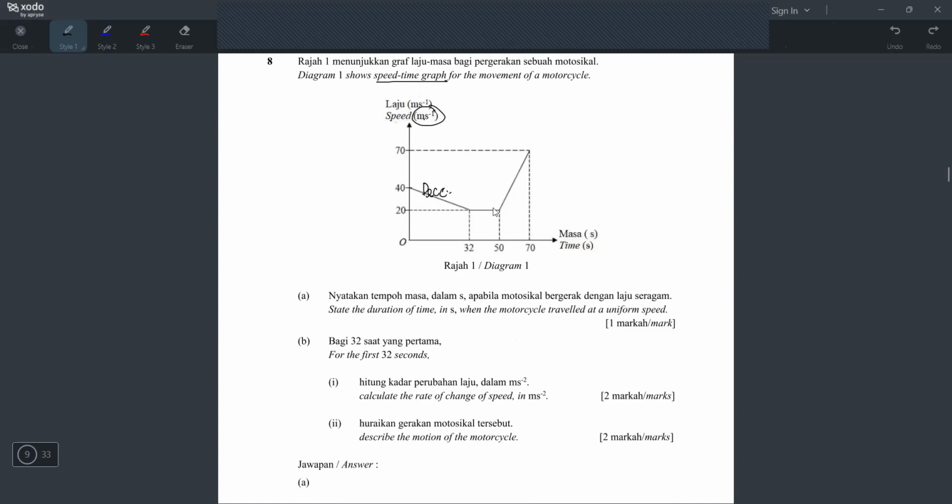And what happens here? Ini bukan stop, ini bukan stop. Ini constant speed ataupun uniform speed. Remember this word, all very important. Constant, uniform means kelajuan seragam. Okay, constant speed. And then what about here? Here accelerate lah. Here accelerate. Okay. Dalam bahasa Melayu, nyah pecutan, kelajuan seragam, and then pecutan.